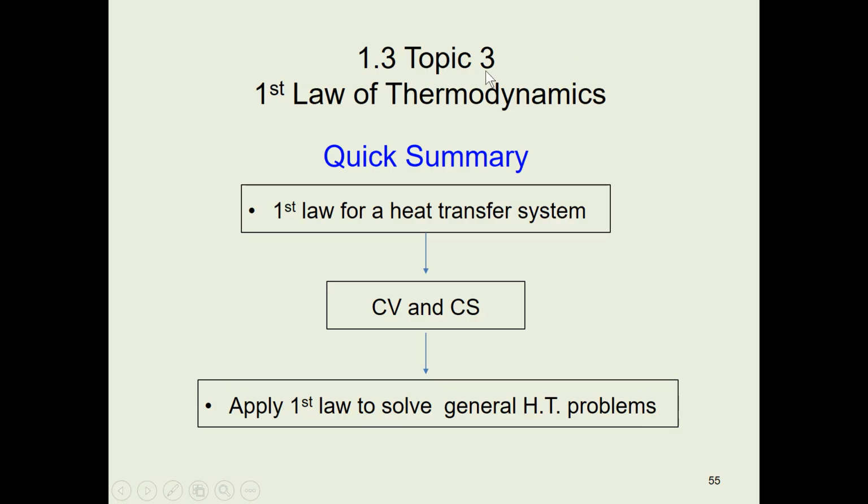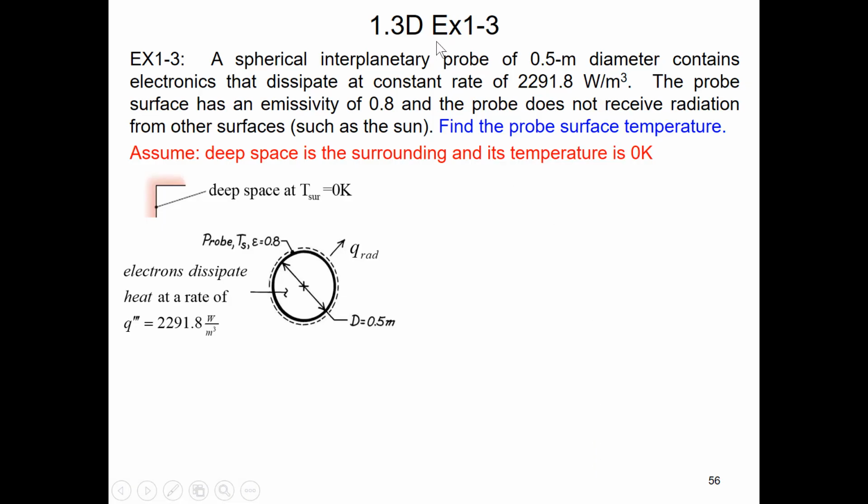At this point, we covered topic 3. If we do a quick summary, here is the key point. We defined the first law for control volume and control surface. The objective of topic 3 is for you to be able to apply the first law to solve heat transfer problems. Next, let's practice the example